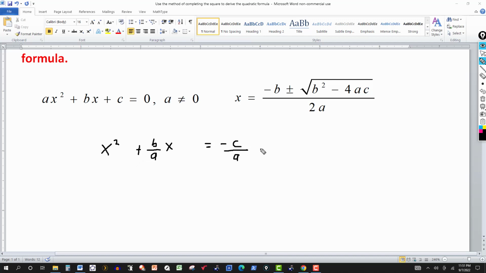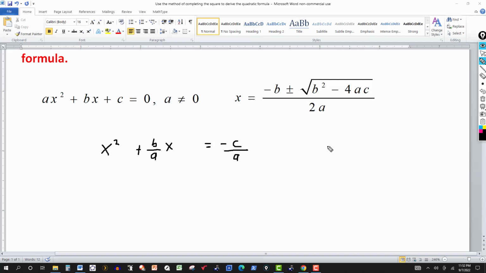It's b over a minus c over a. So this is a point now that I have this to be a 1. That's the thing about it. This procedure is going to work if the coefficient of the square term is a 1. So if it's not a 1, divide through by that number. If it's already a 1, you just simply skip that step and you start with the next step, which is